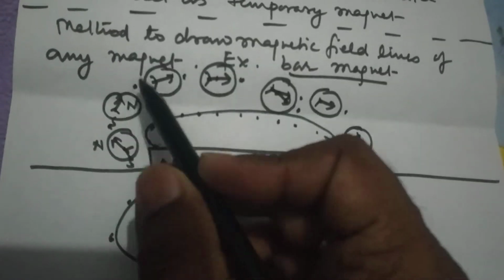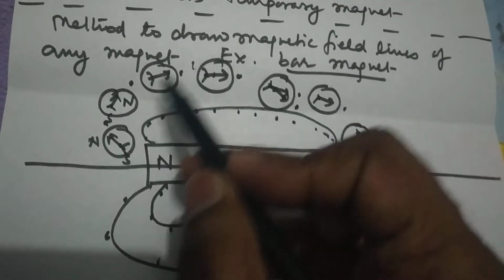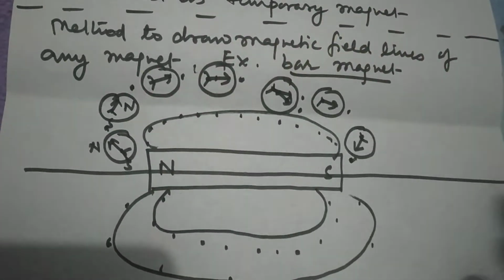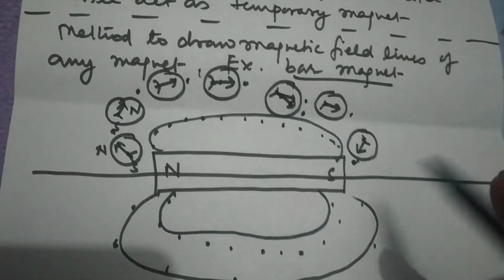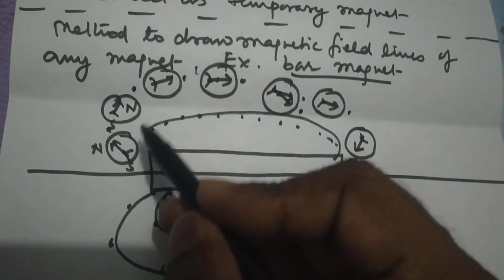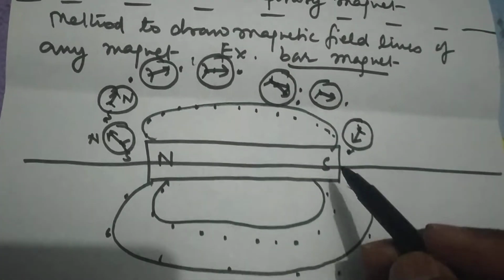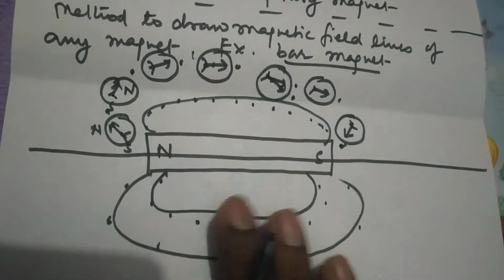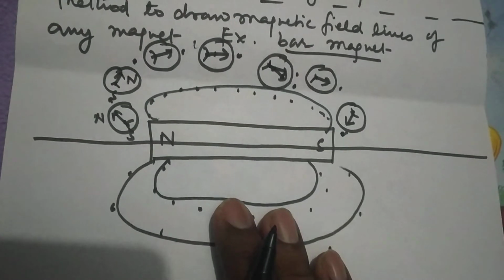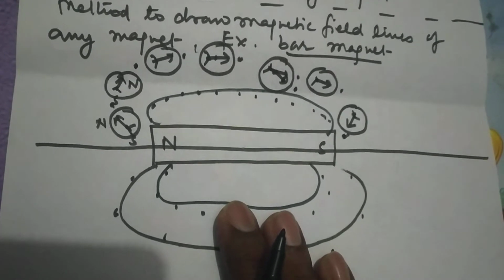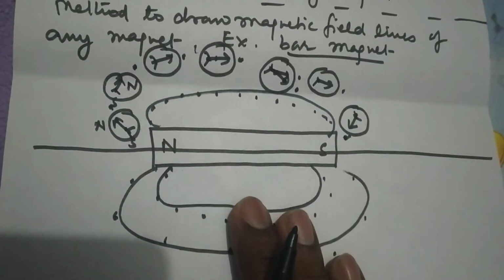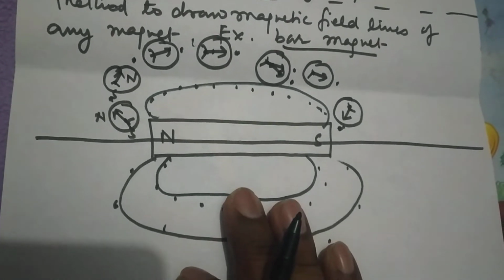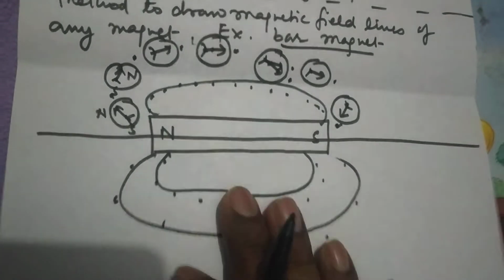कंपास ने यहाँ शो किया, यहाँ शो किया, यहाँ शो किया. जहां जहां कंपास मुड़ता जाएगा वहां वहां हम डॉट लगाते जाएंगे और जब कंपास हटा देंगे या वो डॉट हटा देंगे तो हमें कलेक्शन ऑफ डॉट्स दिख जाएंगे. And as we join these dots we get magnetic field lines, and this is the proper method of making the magnetic field lines, although you need not make them experimentally, but at least you must know how we can obtain the magnetic field lines for any magnet.